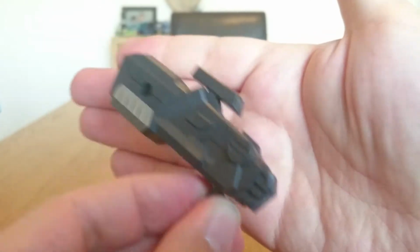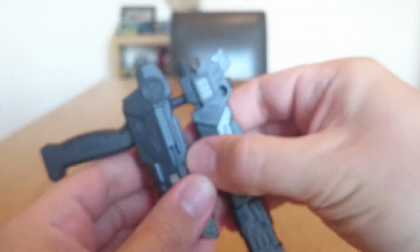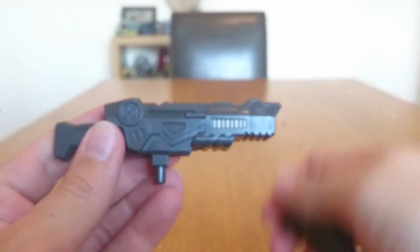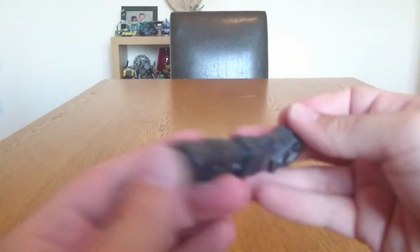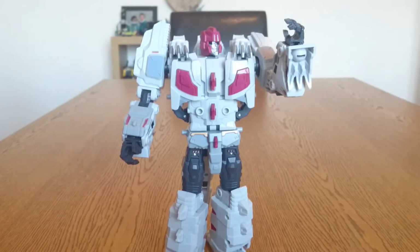Sorry about that. You can see that going here. Obviously yours won't have this bit in here. And then the last 2 here. Pull this out, like so. And then straighten this bit down. You've got one blaster here. And then the other one here is another larger gun as well. So he's got 1, 2, 3, 4, 5, 6 guns in here,